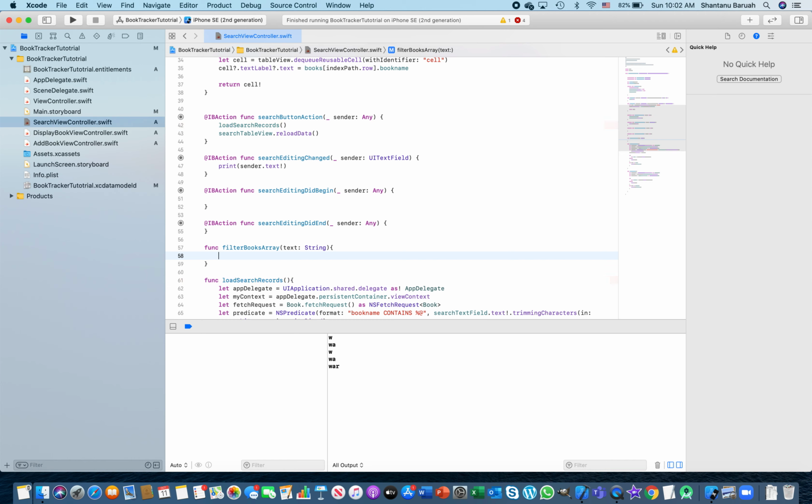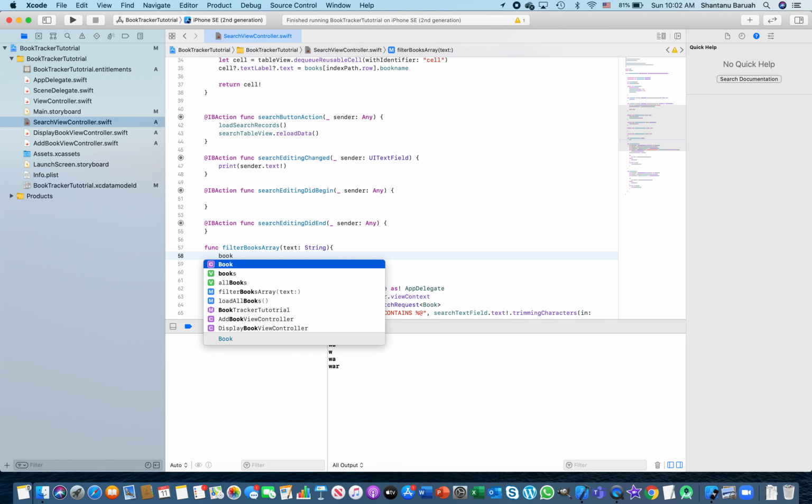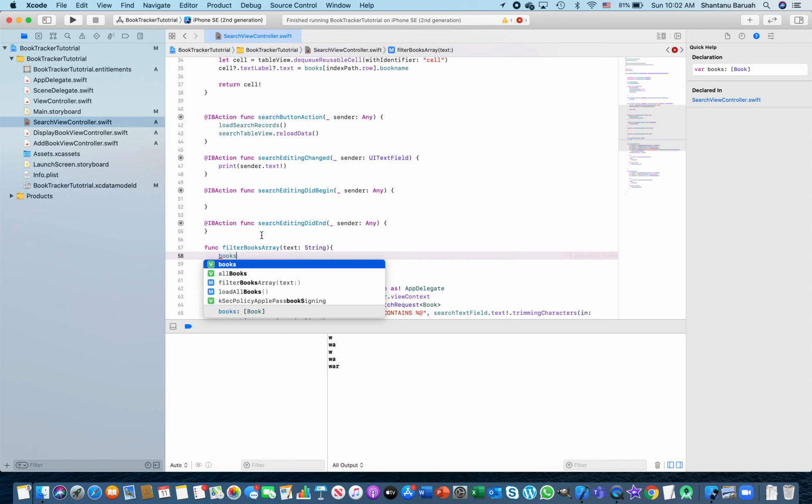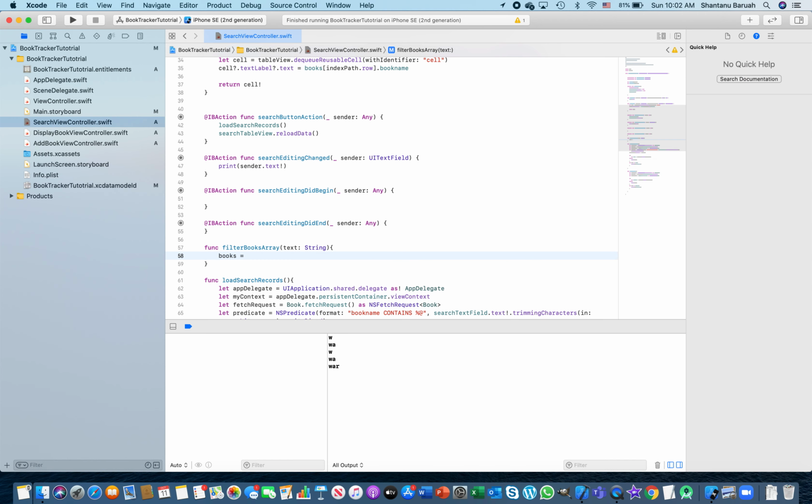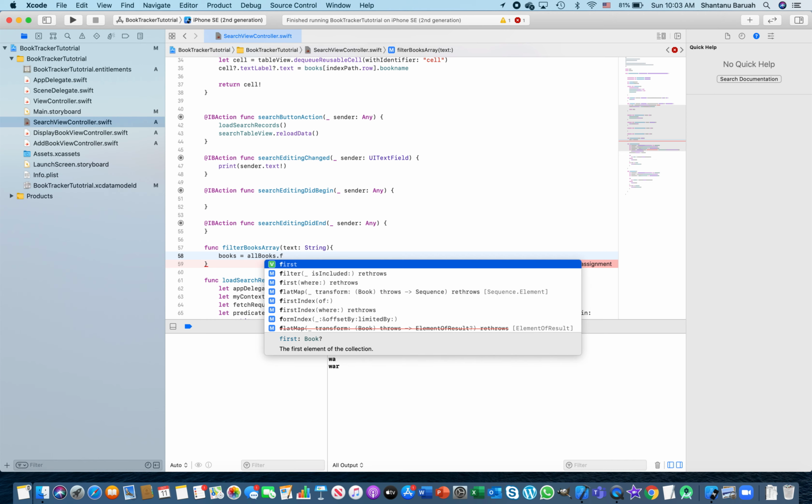And what we'll do is search based upon what we have gotten. So we will say books is equal to, now here is the point, can we do the filter on the array which is of a class type? I will leave you with that thought, but let me give you the idea of what we are trying to do. You have all books, your all books dot filter,